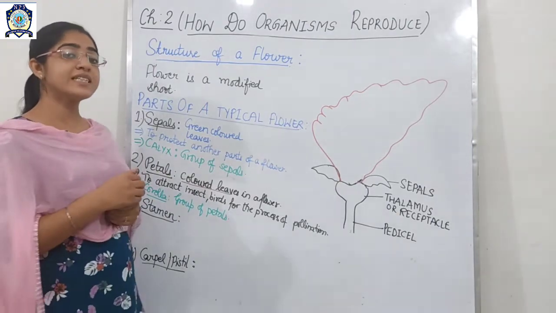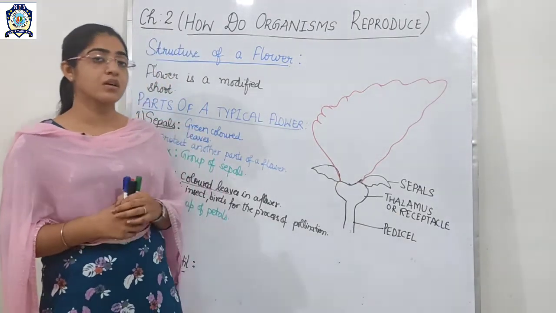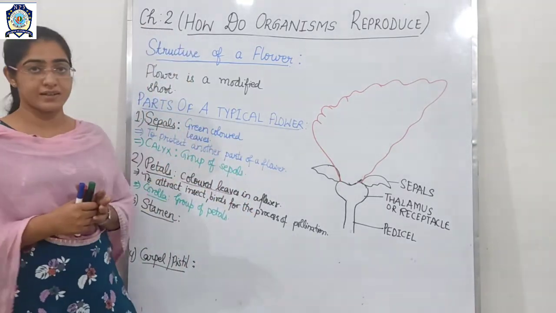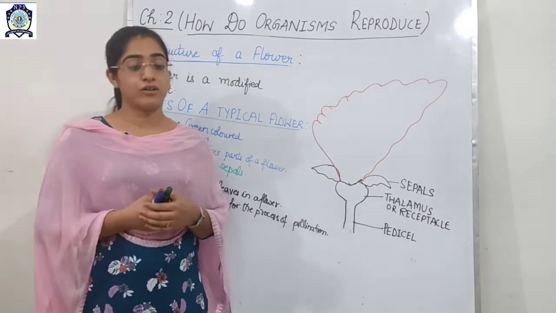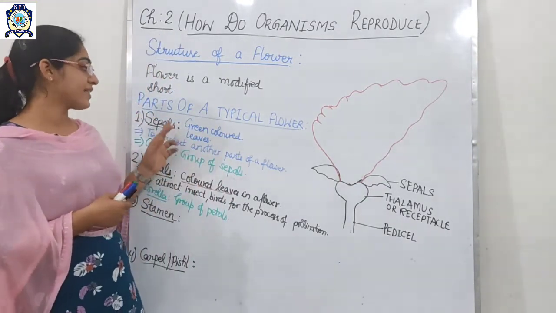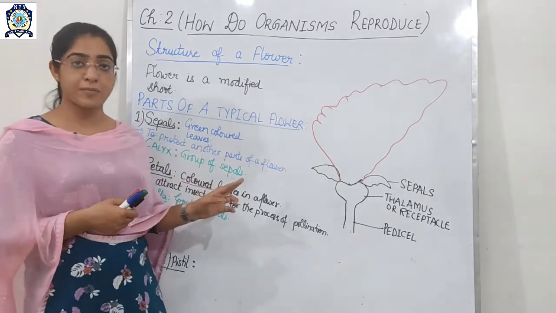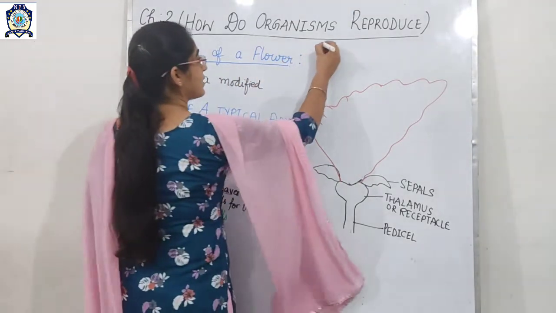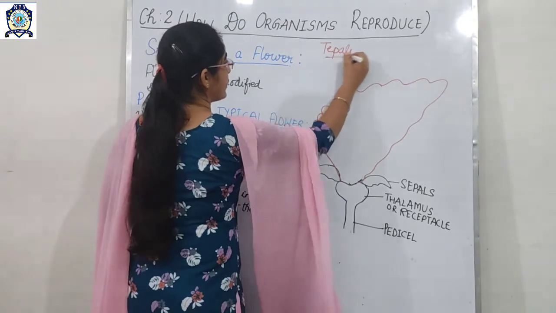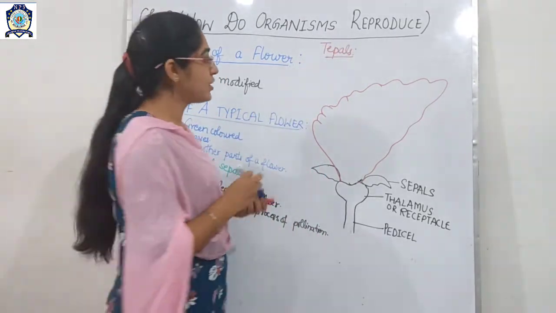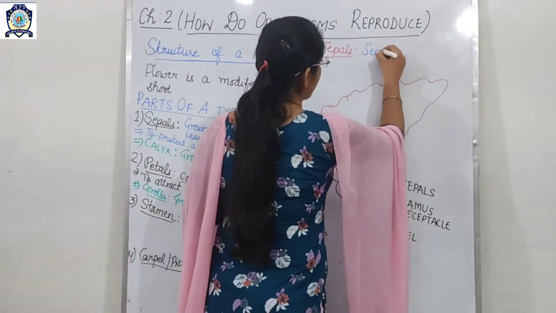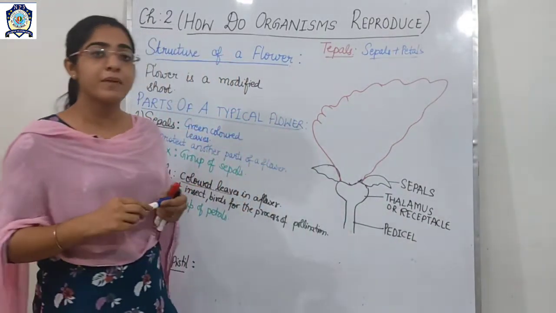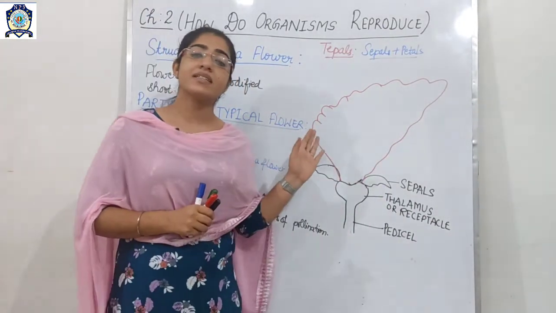Okay, but you know students, in some of the plants whatever you will observe, you will not easily, because there is no differentiation of sepal and petal. There is present only one kind of leaf, and in that case neither sepals nor petals are present. So in that case whatever they will be called as tepals. So tepals is what? Tepal is a combination of sepals plus petals. Where you cannot easily differentiate, in that case there are present the tepals.